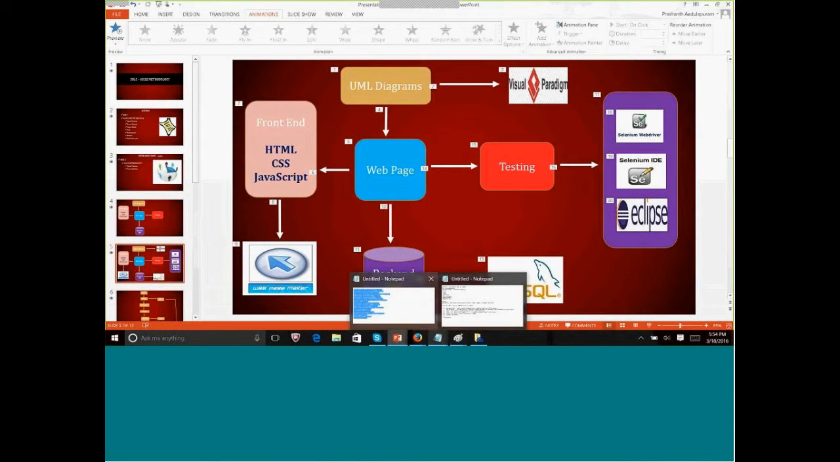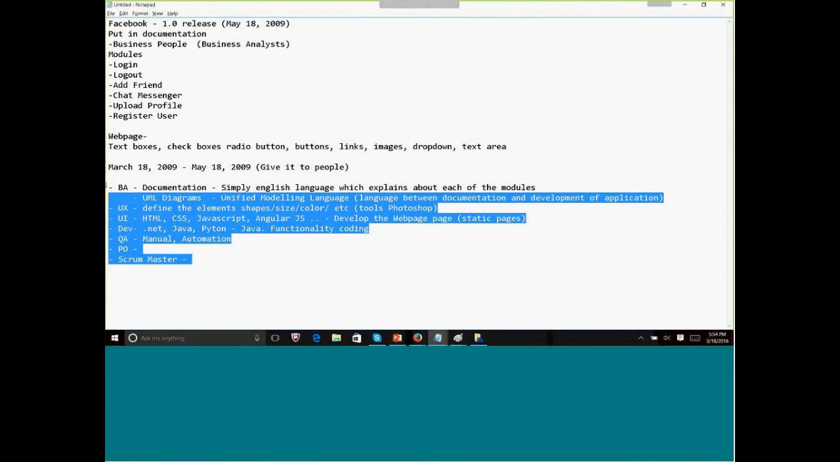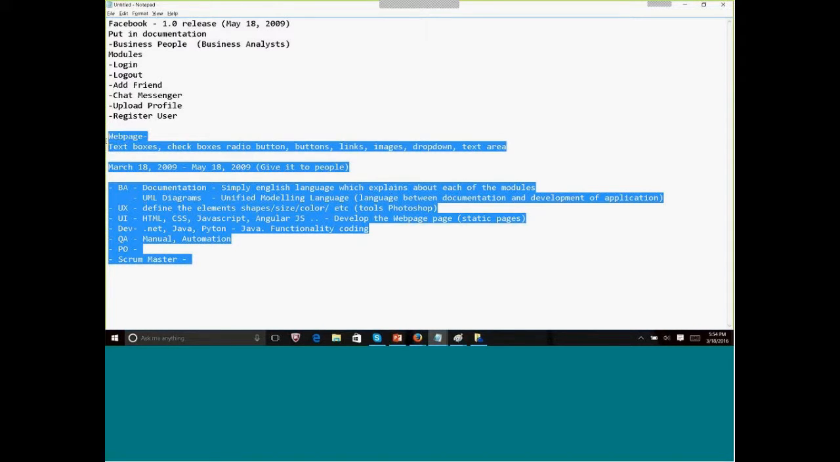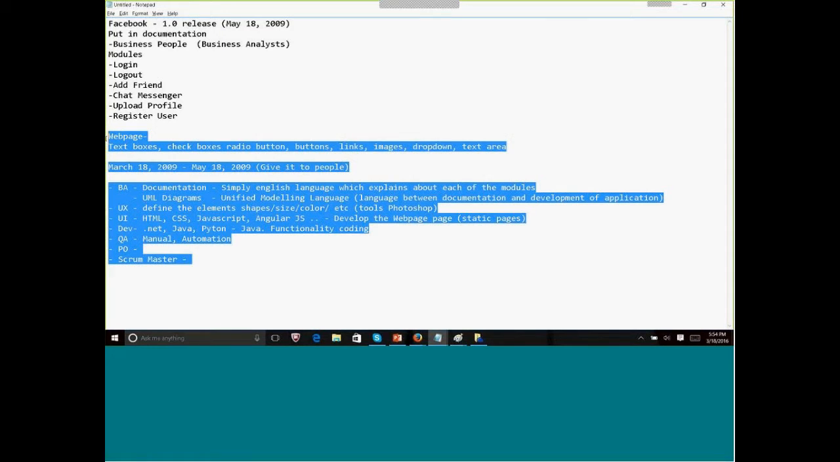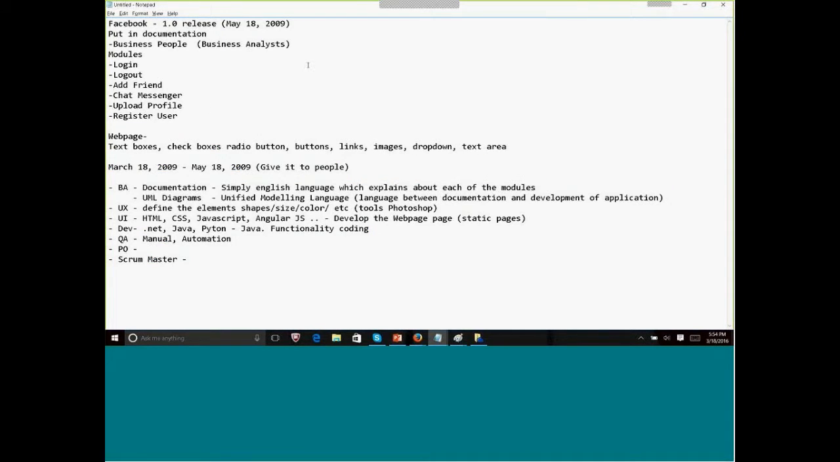Okay. Now, having said this, once we have all this, let's jump back to where we were. So now that we know everything with respect to what each role does, let's go back again to March 18, 2009. So once Zuckerberg has discussed with the team, the business analyst team has identified the modules, and they have developed with the